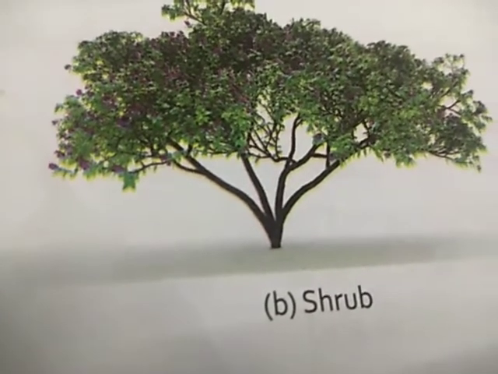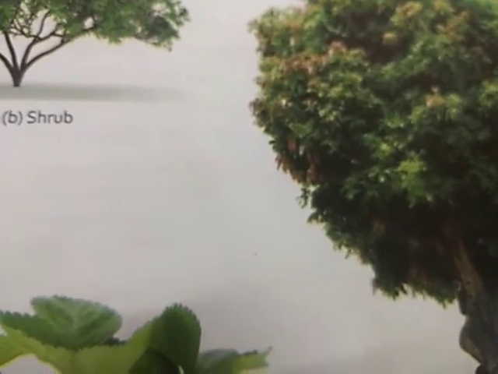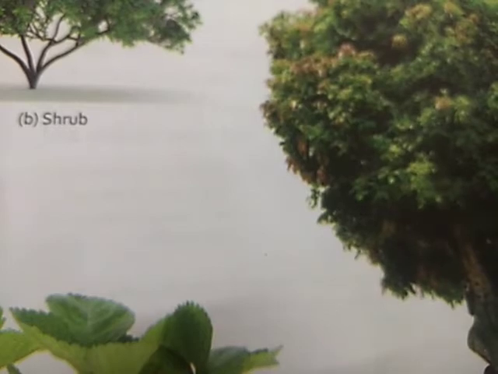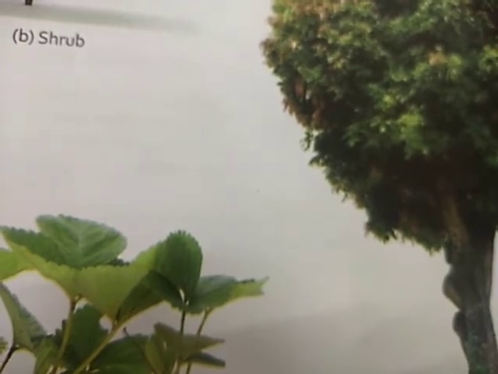The third type of classification is the tree. Trees you have already seen, right? There are many trees which are tall and have a thick woody stem. Usually their branches arise from the upper part. You can see here it arises from the upper part. From the root there are no branches. In the shrub the branches start near the root, but in the trees it grows up and then the branches start. It has a very thick and woody stem. Examples here are mango tree and pine tree.